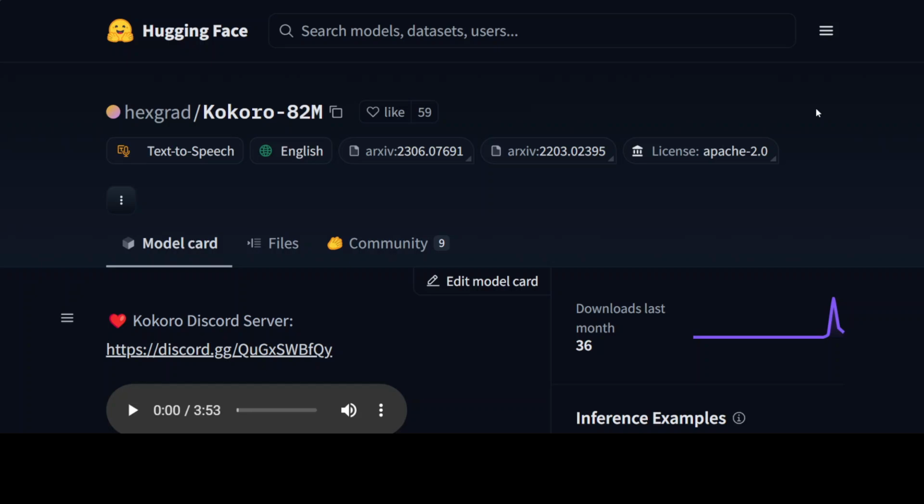The model is called Kokoro and the number of parameters is only 82 million. That's it. It is a very small model which you can run anywhere, maybe also on the palm of your hand. I'm exaggerating, but look, whatever device you have,